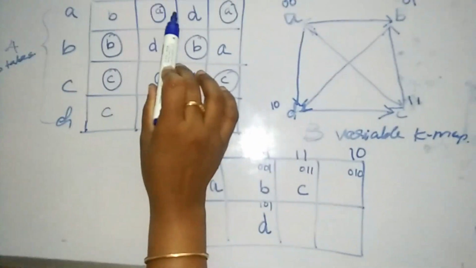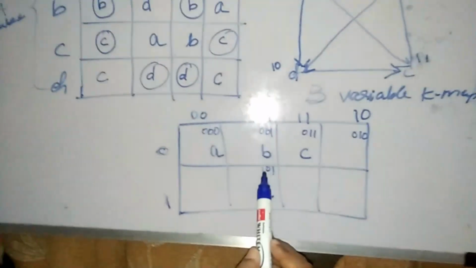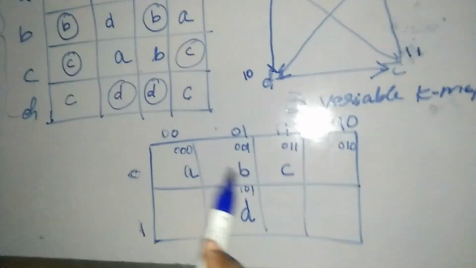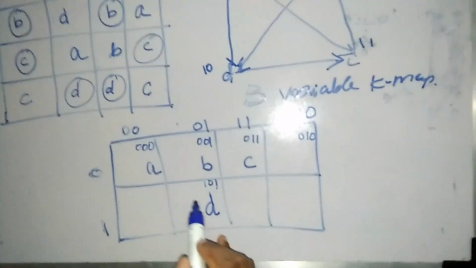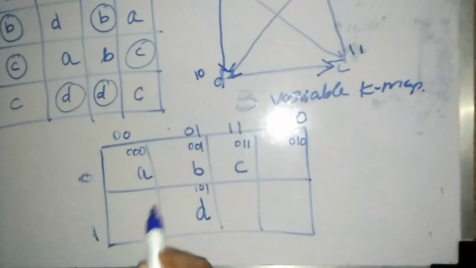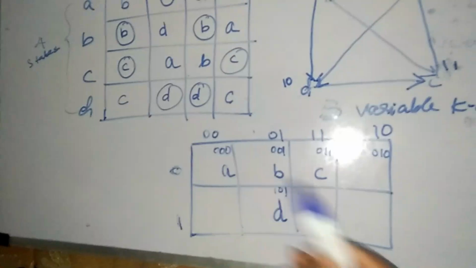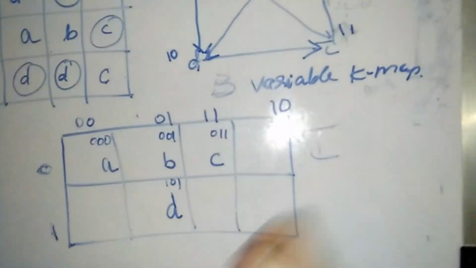Now consider A to D. What is A? 0, 0, 0, and what is D? 1, 0, 1. You can see that A and D differ in 2 bits, right? 2 bits. So what happens here? Here there is a race existing because there is a difference in 2 positions, right? This race can be eliminated by a method called